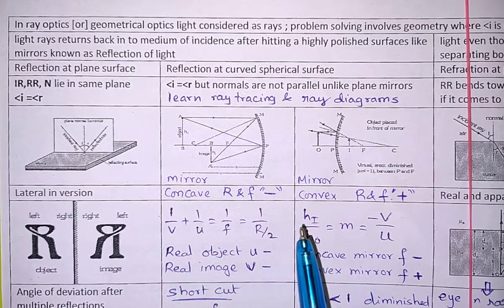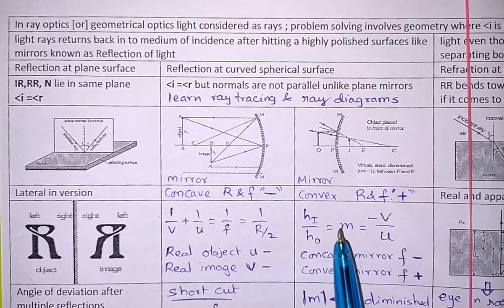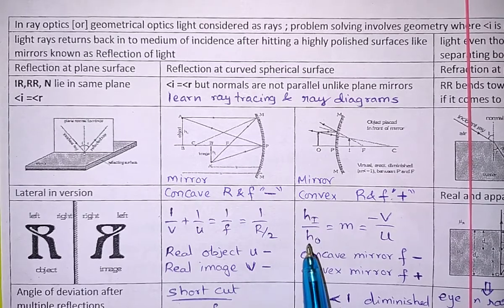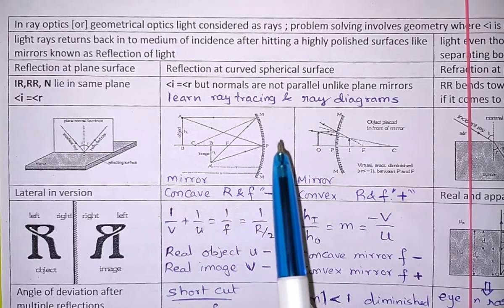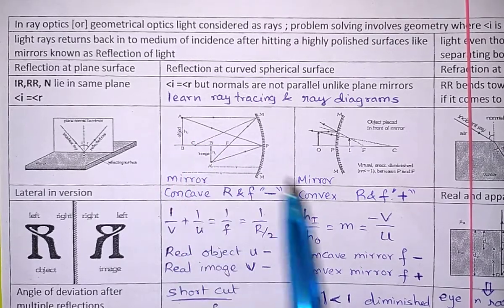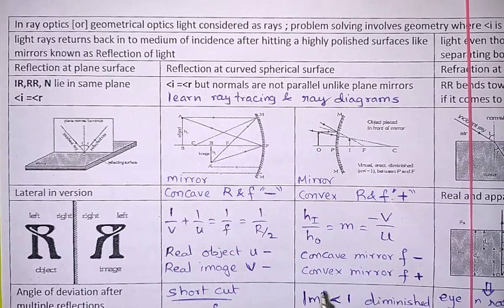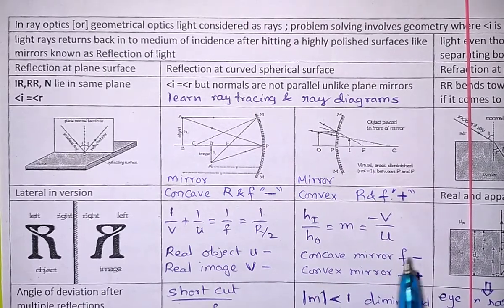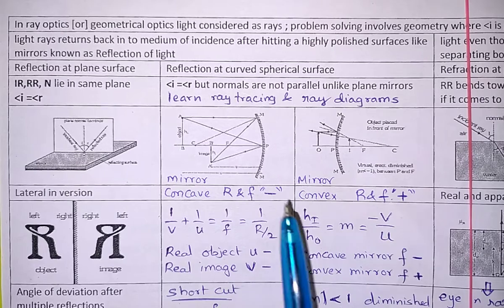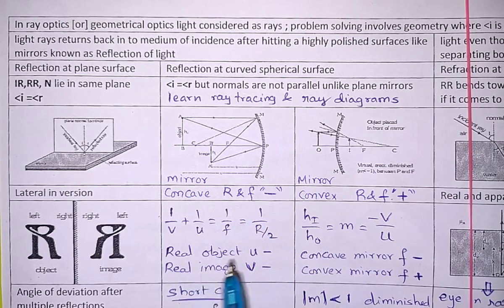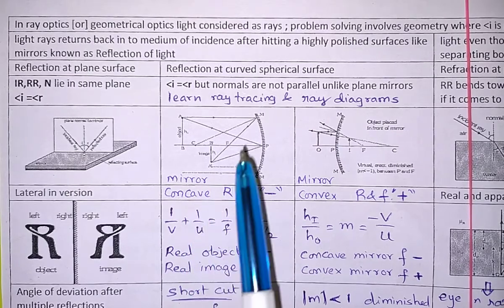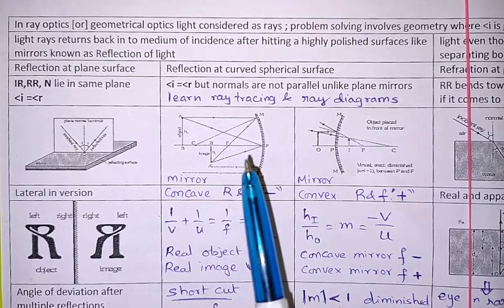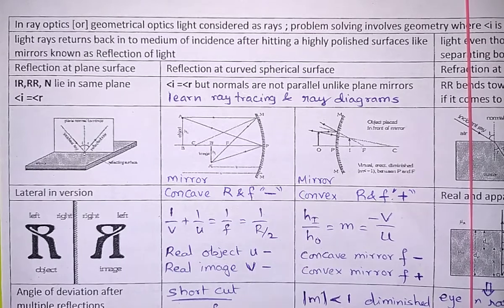Now coming to magnification, we define the ratio of image height to object height as magnification, which is equal to minus V by U. According to the derivation, this distance is on the left side, and upward, downward measurements give you this minus sign, you have to learn them by heart. For a concave mirror, focal length is negative. For a convex mirror, focal length is positive. Already I have told you here. And for a real object and real image, which are on the left side, U and V are negative. For any image distance or object distance on the right side, that is the back side of the mirror, we take it to be positive. This is to be remembered.